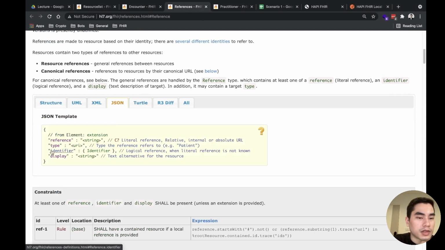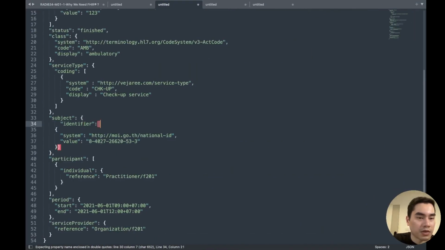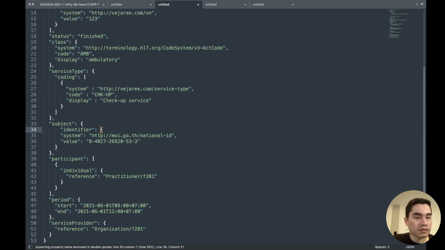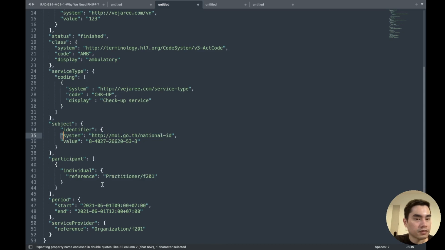So just put the identifier, and identifier is 1. So it doesn't have to be an array. We put it like this, better. Okay, so that is the logical reference.